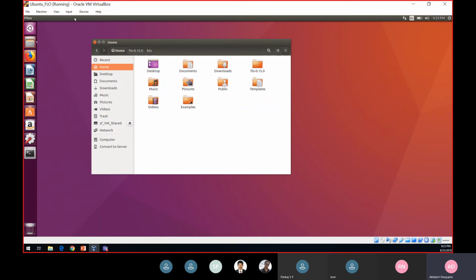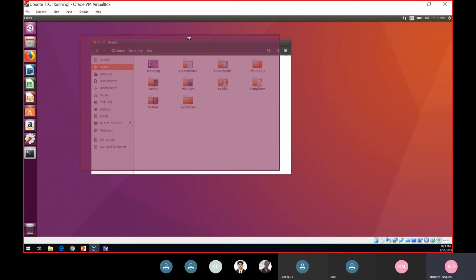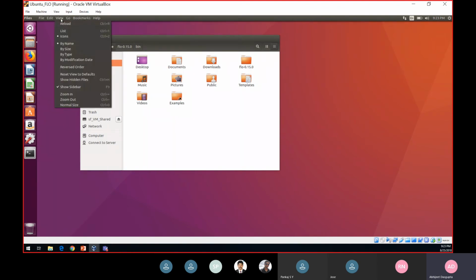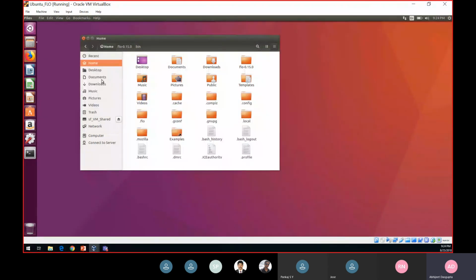Ubuntu allows you to open a particular window, go to the top bar, and it will show you this View menu. In this View menu, you can click on Show Hidden Files or press the Ctrl+H shortcut to show all the hidden files. Once we show all hidden files, you can see that this .flo directory has been created by our wallet